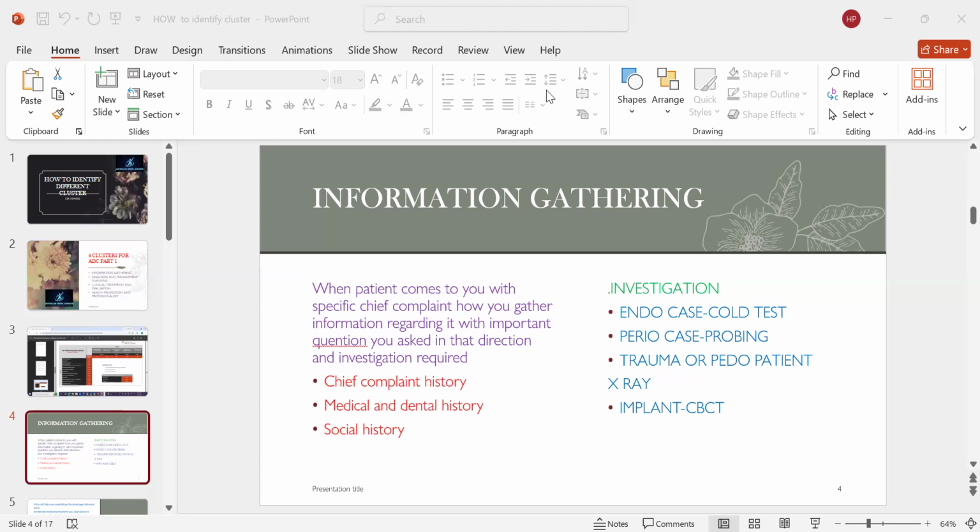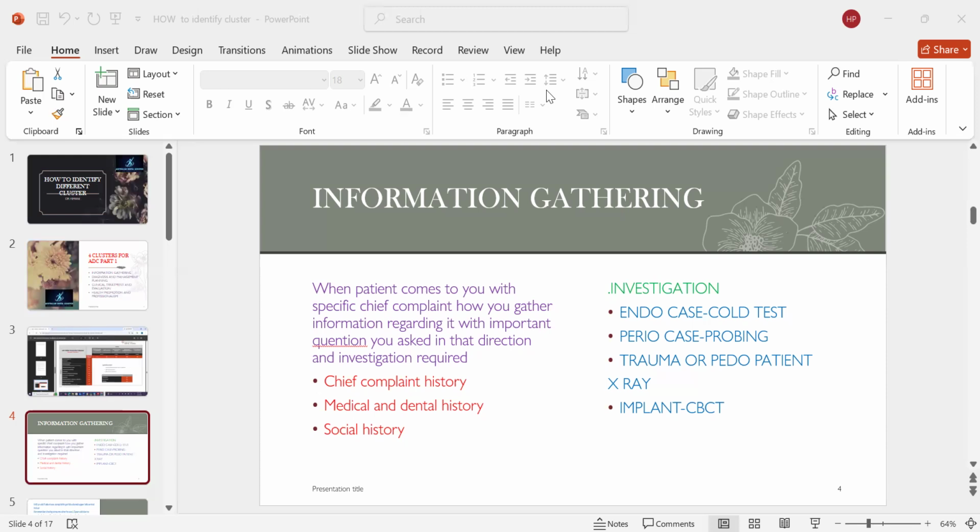If they give you a scenario in which the patient was having a swelling, previously the patient was having severe pain, the infection has started and spread to different spaces, there is a buccal space infection, the patient is having severe swelling and pain on biting, both the things, right? Then which test are you going to do first? We are not going to directly jump to the cold test. In the swelling case, first we are going to do the percussion to know whether it's one tooth or two teeth, which particular tooth is involved.